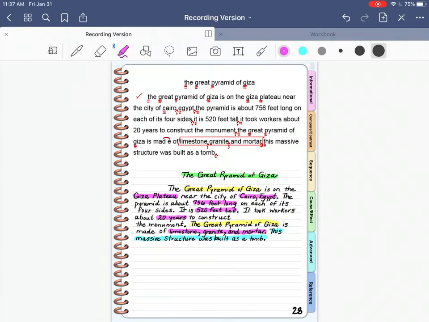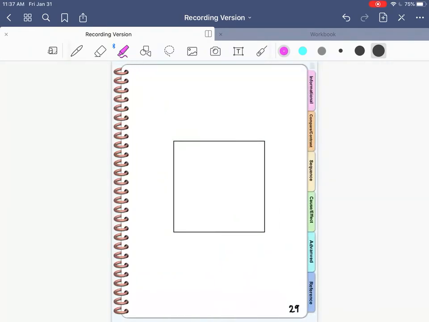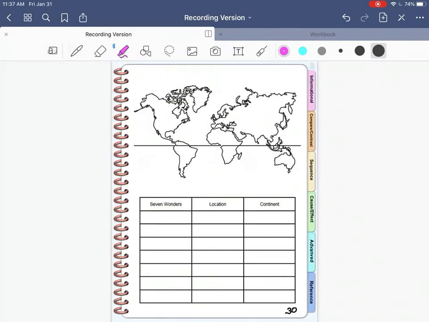Okay, I will see you back in the next video. We are going to build a pyramid, so you will get to see. Right now you just have this square on page 29, and that's where we're going to set our pyramid. You will be able to fold it up and your eyes can actually see how the pyramid was constructed and how it fits together, and we'll do some math problems related to that. And then the next video after that, we're going to look at this map of the world. So there's still some important things coming up, and I will see you soon for those videos.